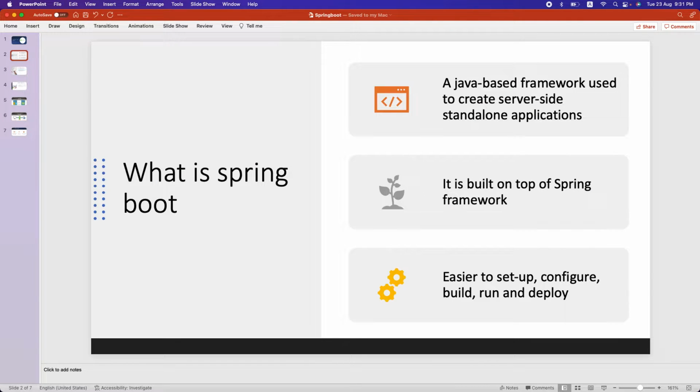Spring Boot is actually a Java-based framework which is widely used in the software development industry to develop server-side standalone applications. This is one of the top server-side app development frameworks in the market right now. Companies like Uber, LinkedIn, Google, Intuit, Yahoo, PayPal, Netflix, etc. use the Spring Boot framework in their server-side applications. This framework is built on top of another famous Java-based framework called Spring. The advantage of Spring Boot over Spring is that it is easier to set up, configure, build, run, and deploy the